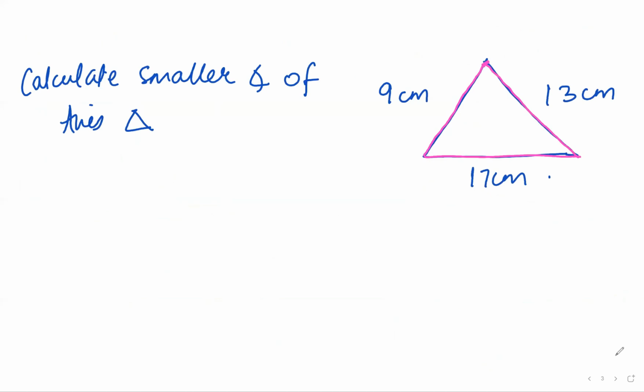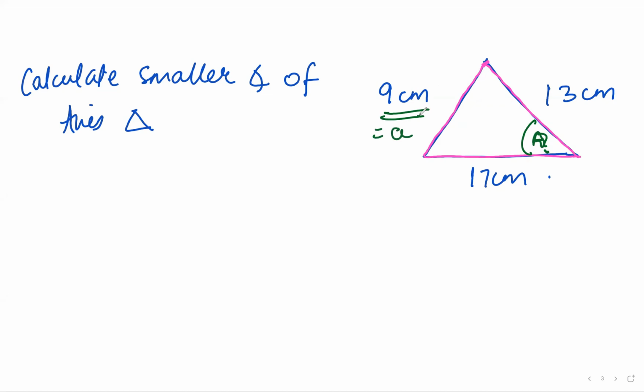Next, similar thing here, they have said calculate the smaller angle of this triangle. Opposite to the smaller side is your smaller angle. As this is your smaller side, this is my smaller angle. As I have to find the smaller angle, what will I apply? See, I have got all three sides over here. When we have got all three sides, that means we will apply cosine rule. Opposite to the smaller side, this is my smaller angle, which is A.